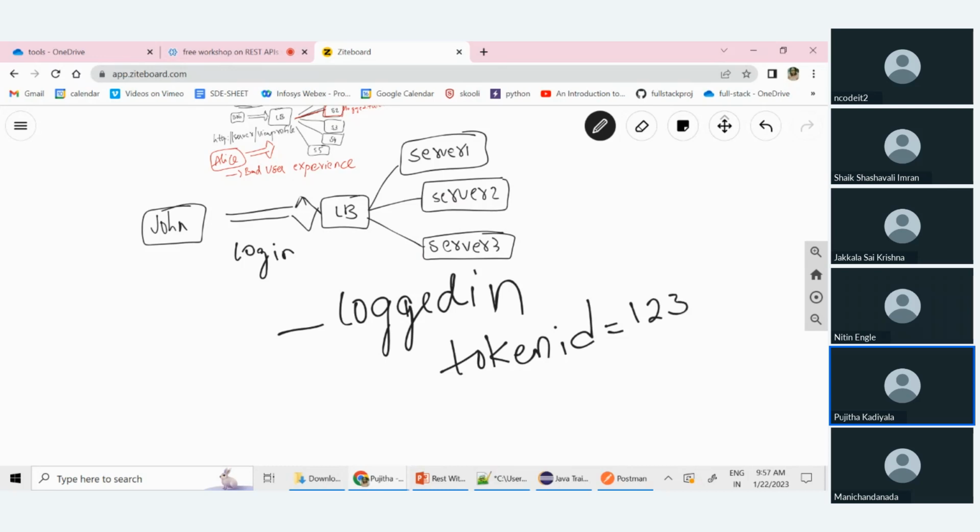Now let's say again he wants to view the profile. The second time he wants to view the profile, the load balancer sends this request to server 2. Whenever this request is sent, the token ID is attached to that request, and with this token ID it will be able